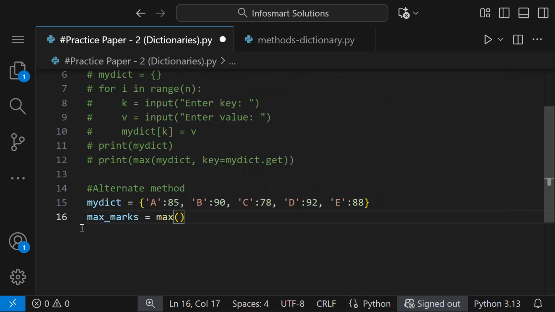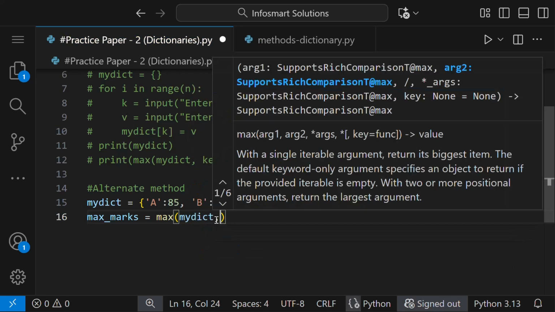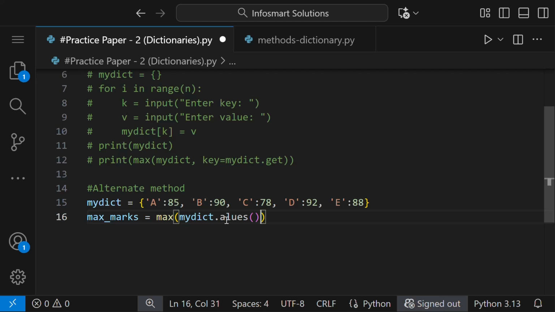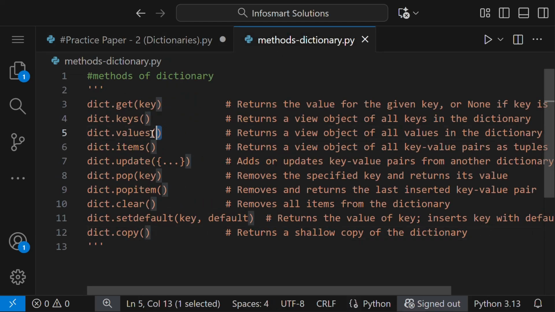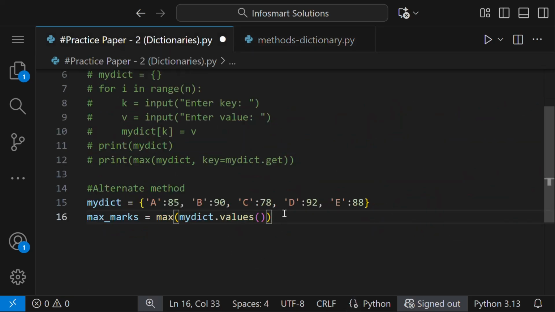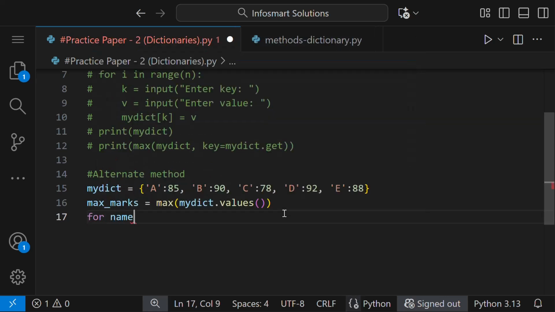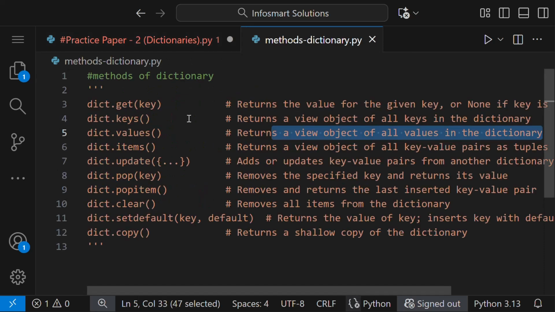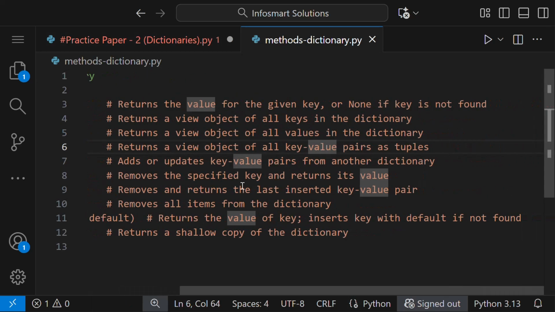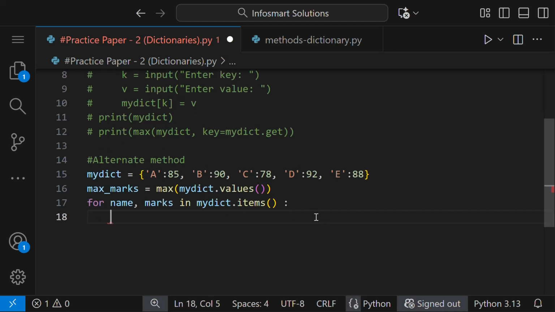So let us write it and then we'll see how it is working. Maximum marks is our variable, and we will write max of mydict.values. Because dict.values returns the values in the dictionary. So maximum of these values, and then we'll use the for loop for name, comma, marks in mydict.items. Writing mydict.items means it takes the whole key value pair, as you can see. So mydict.items will take the key value pair, and the key is our name and the value is marks. We can also write here kv or key comma value like this,